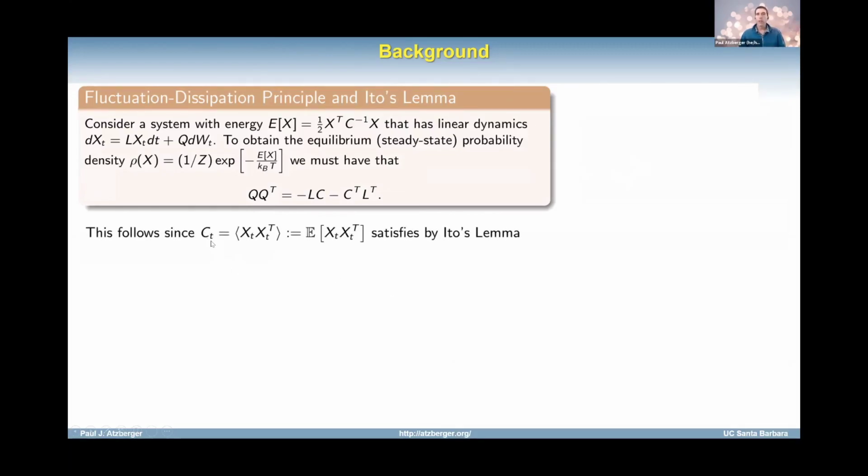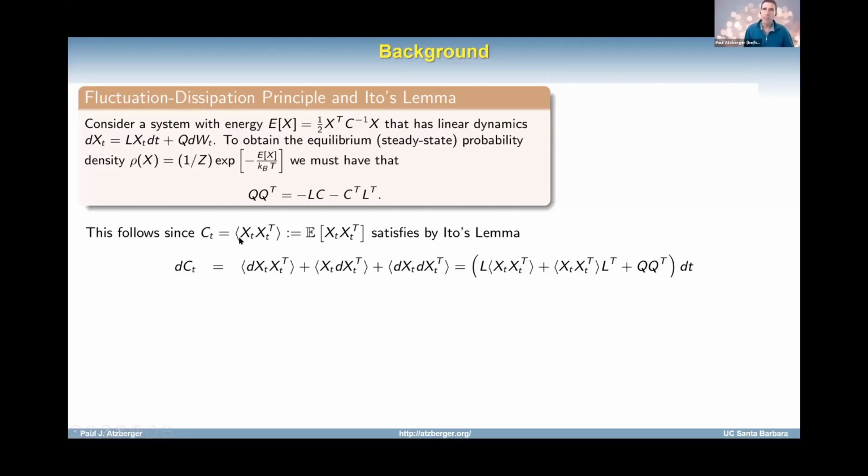Let's look at how the covariance of X_t X_t transpose evolves over time. And essentially, let's write down an ordinary differential equation for this quantity. And so if we do that, we can use Ito's lemma, and we can show that the rate of change of the covariance structure is going to be given by the following expression. So what I've done here is just to make the notation more compact, and you'll see this throughout, we like to write expectations when we're doing statistical mechanics calculations as just angle brackets around the random quantity of interest. And so that's what I've done here. And so this is just XX transpose taking its expectation by definition.